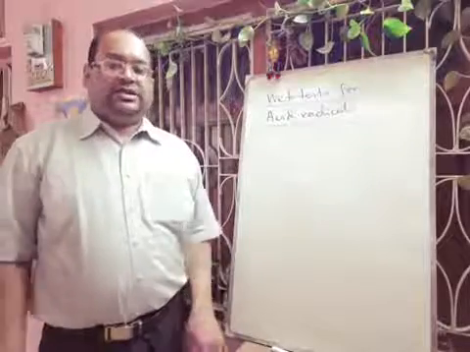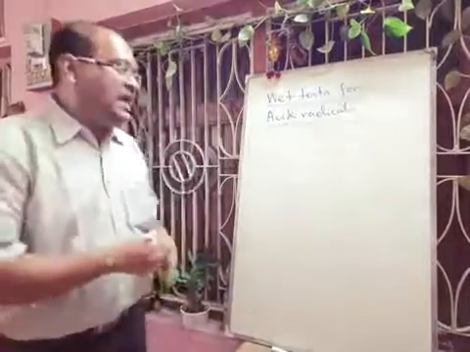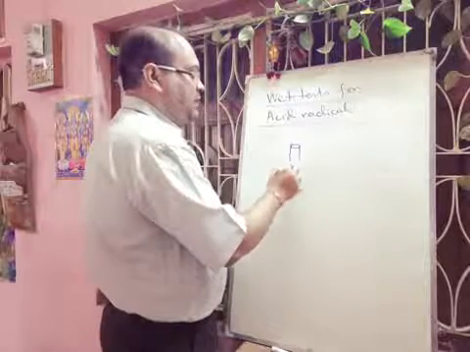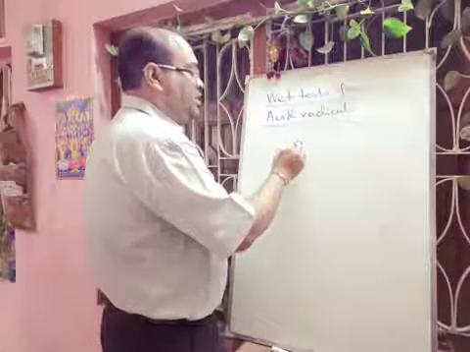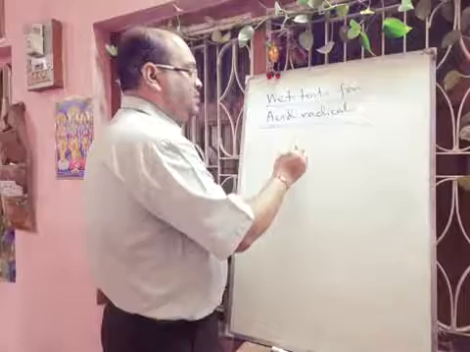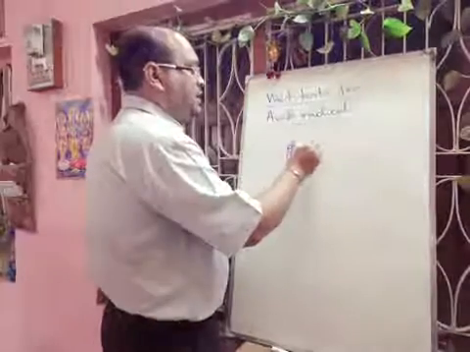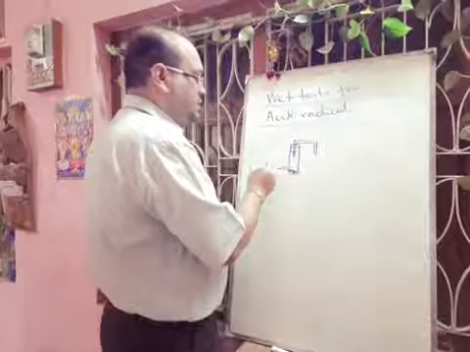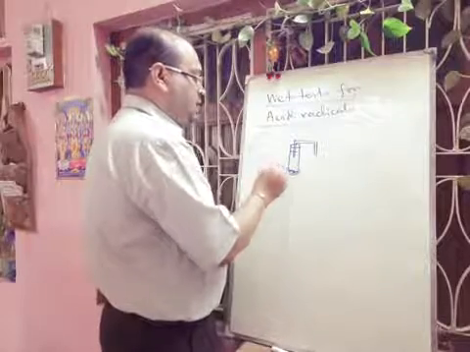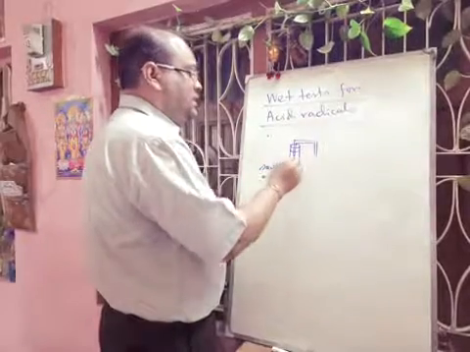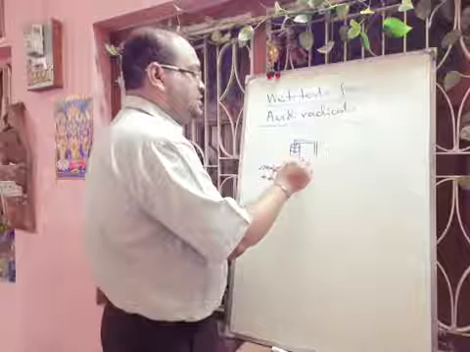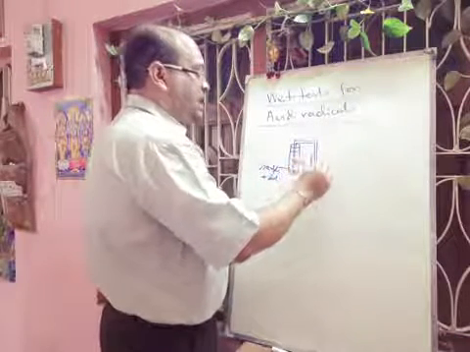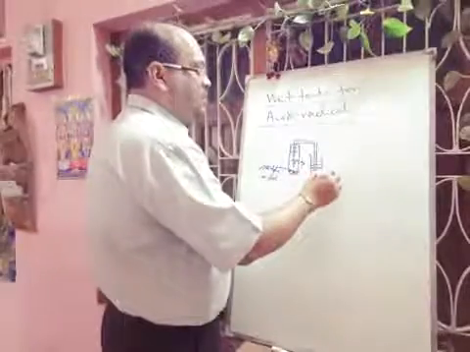and evolution of carbon dioxide gas. If you have an arrangement like this, one test tube fitted with a cork and a bent delivery tube, here you have taken the sample and you are adding dilute HCl, definitely there will be formation of CO2 gas. And in another test tube, you have to take lime water.